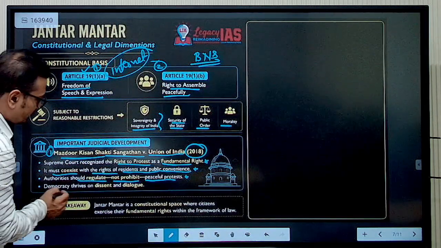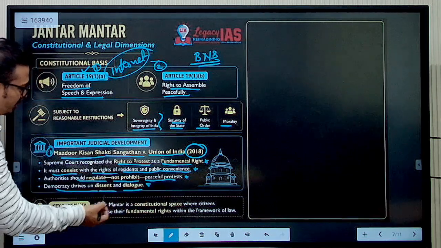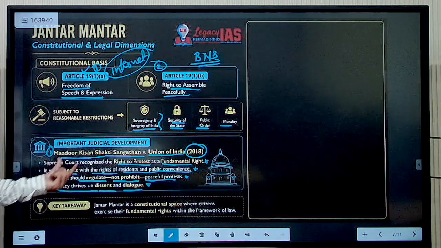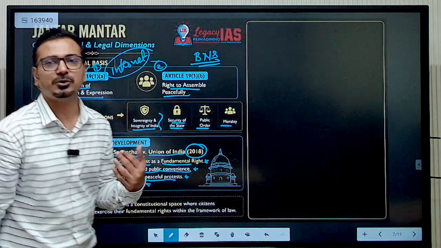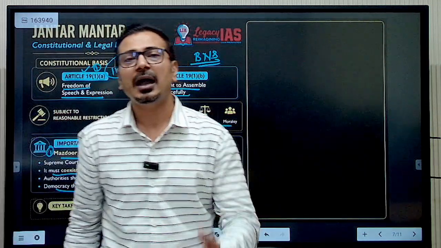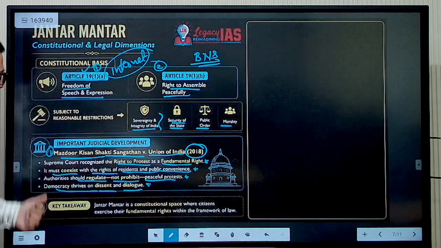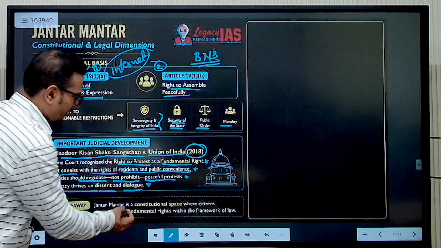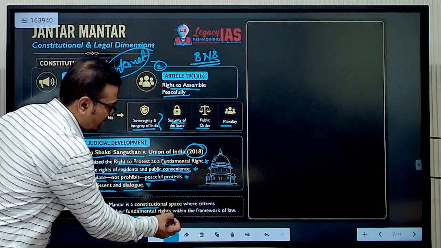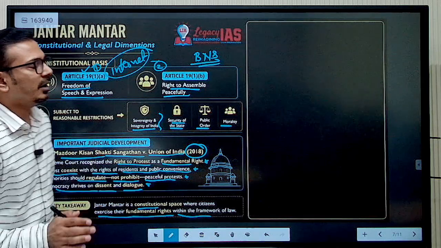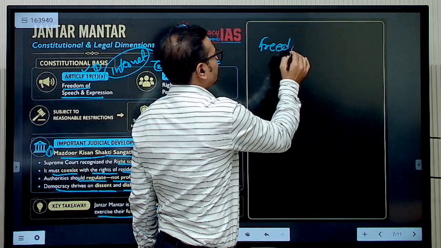Then, democracy thrives on dissent and dialogue. This is the opinion given by the Supreme Court in this Mazdoor Kisan Shakti Sangathan case. In the mains examination, you should give the example of the peaceful student protest that happened recently, and this particular case where the Supreme Court has given its opinion about it. So simply we can say Jantar Mantar is the constitutional space where citizens exercise their fundamental rights within the framework of law. So basically we have to balance between freedom of speech